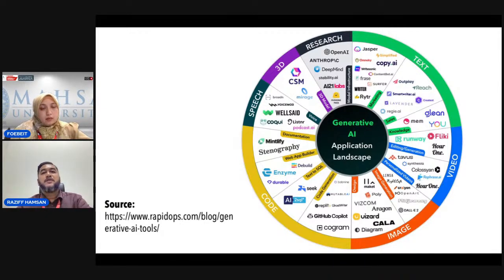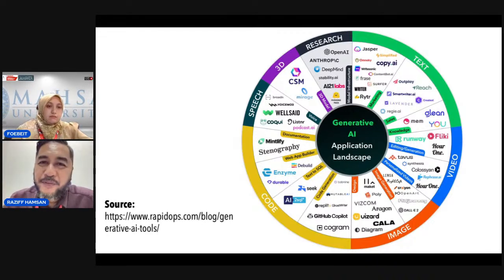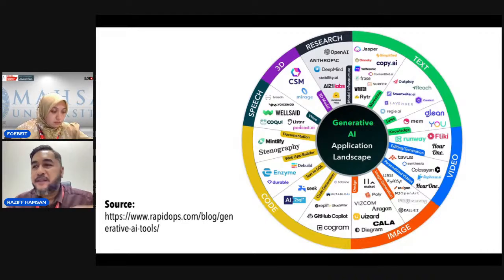This is one of the reasons why I preach this, because a lot of people think that when a student, especially in higher education, says "I use AI to do my work," people will have a negative perception towards it, whether from your peers, your friends, or your lecturers or teachers as well. So we need to paint a good picture to everyone, showing